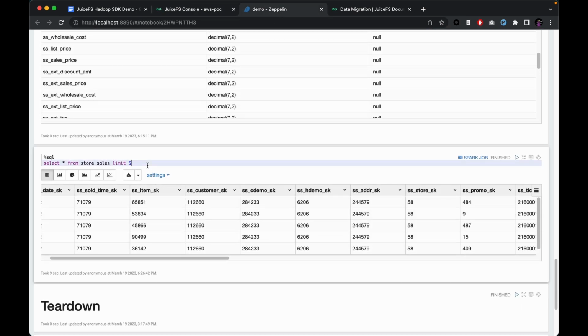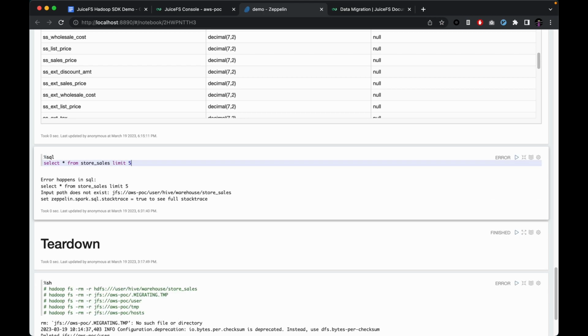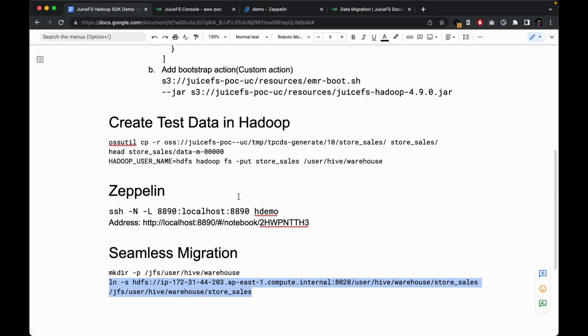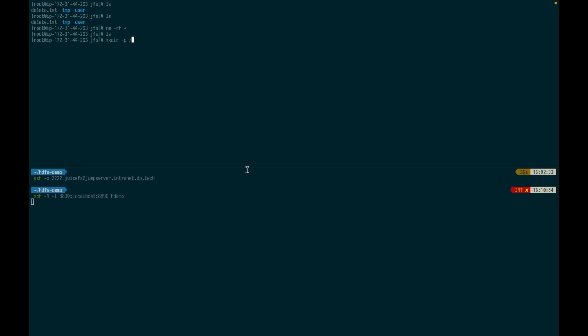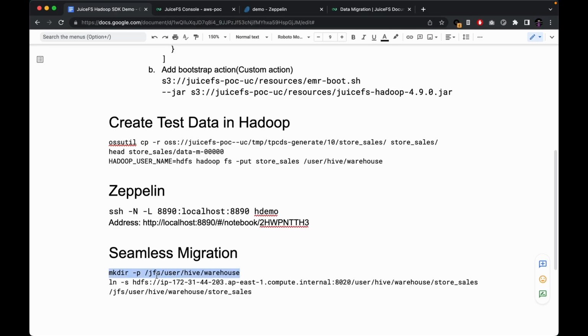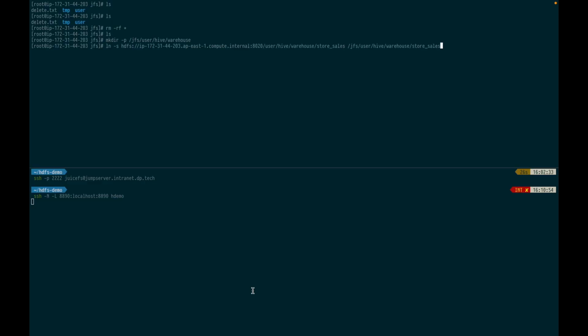Now, if we run this SQL again, we're going to run into errors stating that the files are already gone. So now we're going to copy some commands that I have prepared